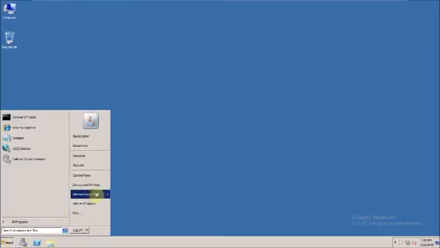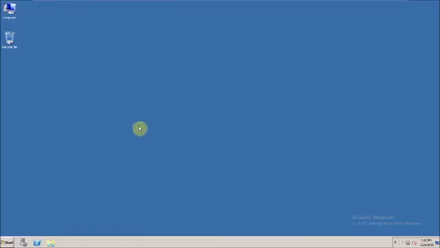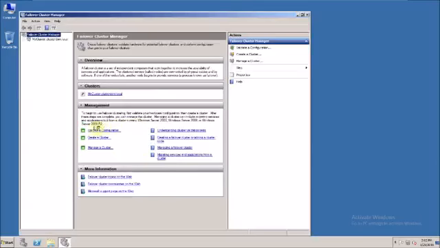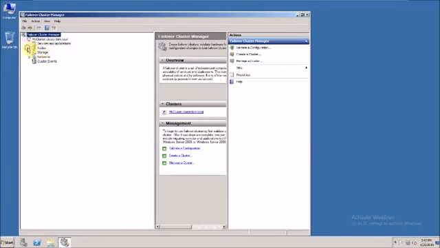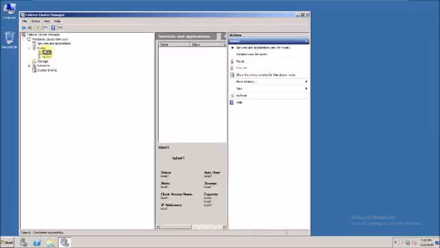So we go to the Failover Cluster Manager, which will now show the name of my cluster. I have given it the name my cluster, which is then part of the clusterdom.local. So there are 2 nodes in this cluster, as you can see,